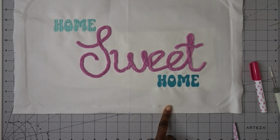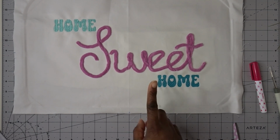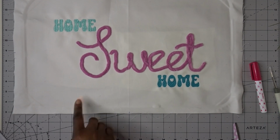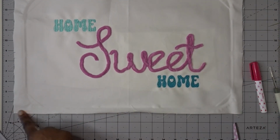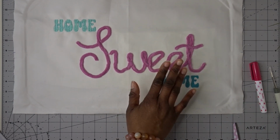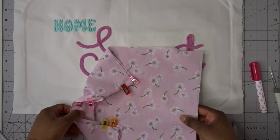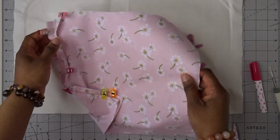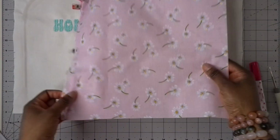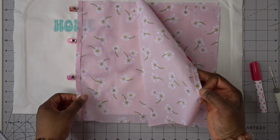So, this fabric is 30 by 50, so 30 centimeters by 50 centimeters. And I also have, so this is going to be the front, and I thought I would have this on the back, and I'm doing a kind of pocket style cushion cover. I'm not going to be using any zips, so this is going to be on the back, and I've got